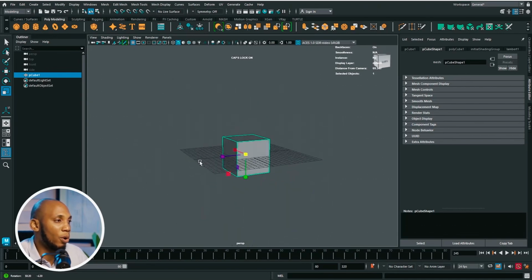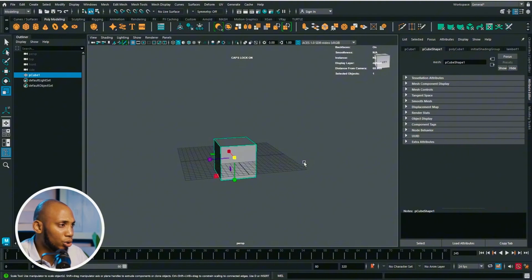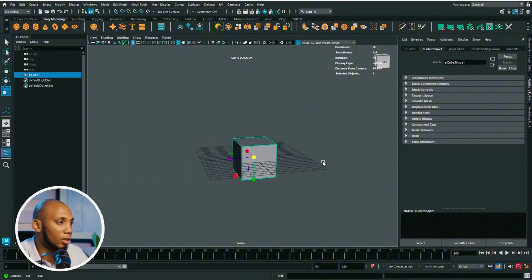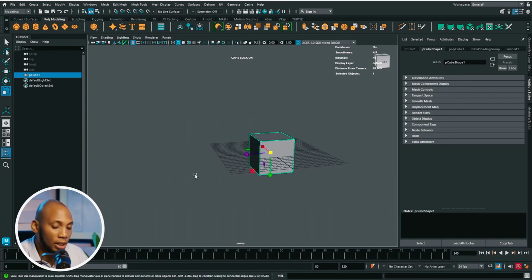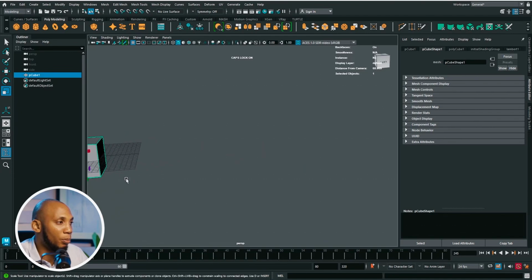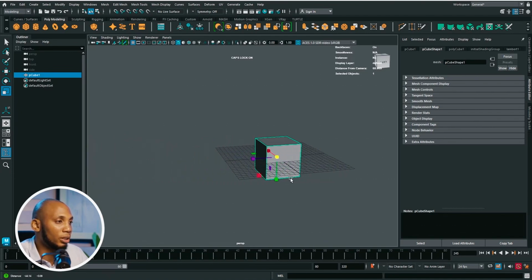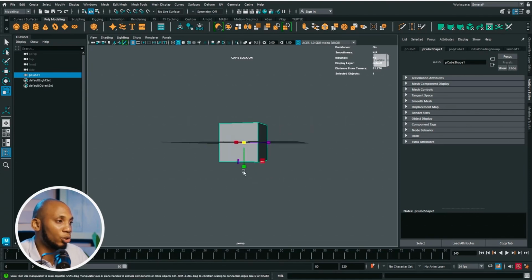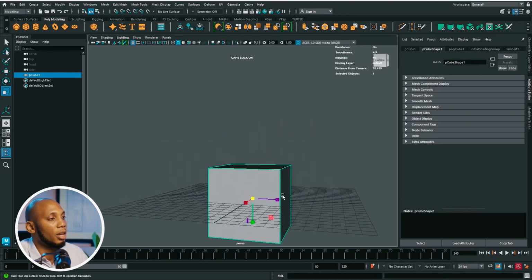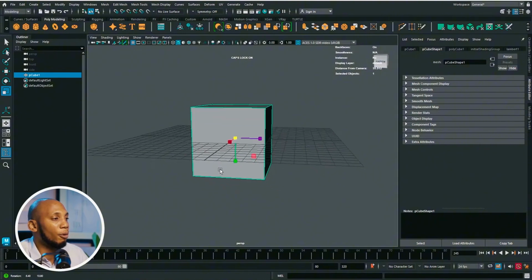And then the final one is if I want to track, if I want to pan rather, I hold my Alt key and my middle mouse, and you can see how I'm moving the camera. So this is basically manipulating the camera. Again, it's a 3D application, so you have that depth, so you can view the camera from different angles,